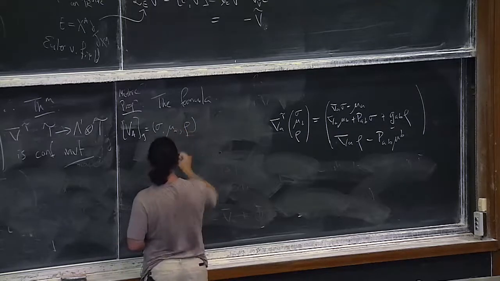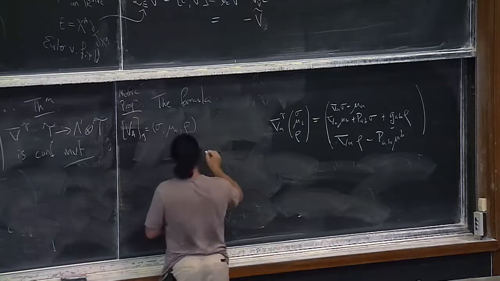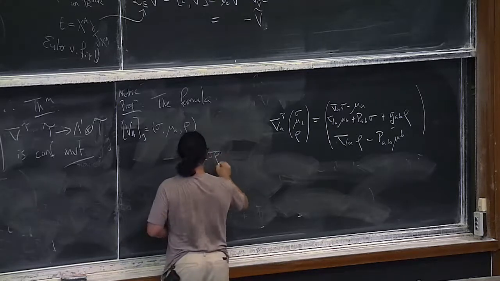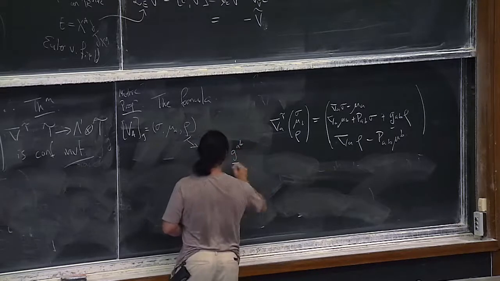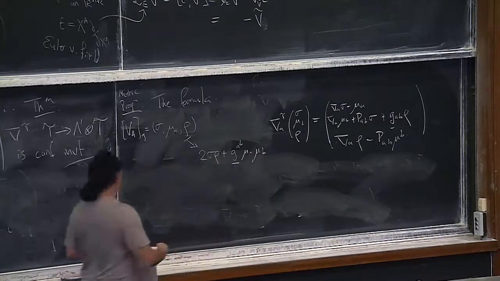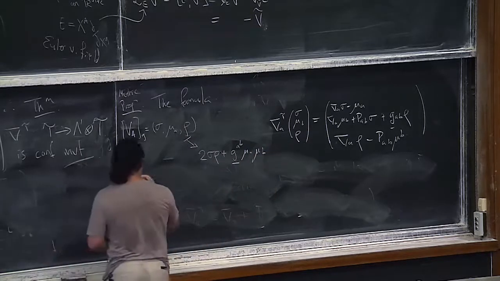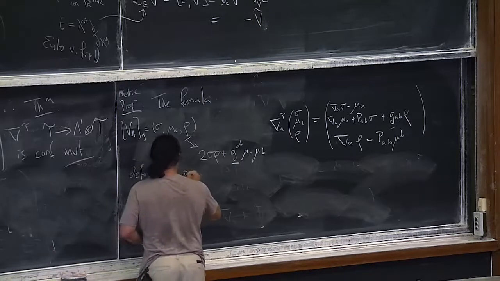If I map this to 2 sigma rho plus g_AB, this is the conformal metric, mu A, mu B, then this defines by polarization